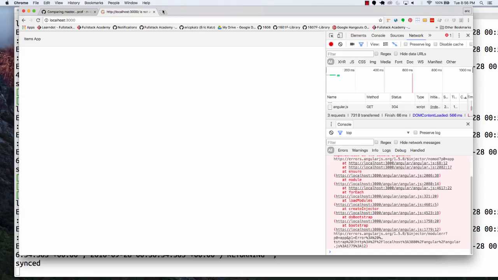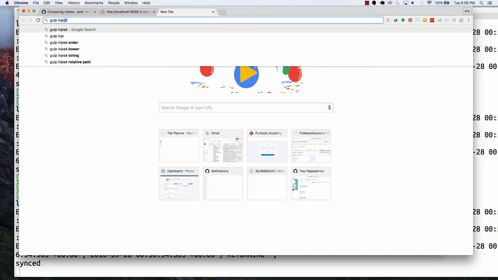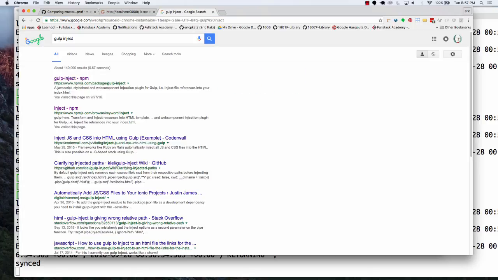Well, let's actually look at a build task that we could use. We'll say, hey, look, here's a folder, and this folder has JavaScript files. I want you to inject this in our index.html to make our lives a little bit easier. So if we look up, this is a fairly common one to use. You've seen the number of times where you create a JavaScript file and things are not working, and you realize it's because you didn't put the script tag in here. So if we look at this Gulp inject task,